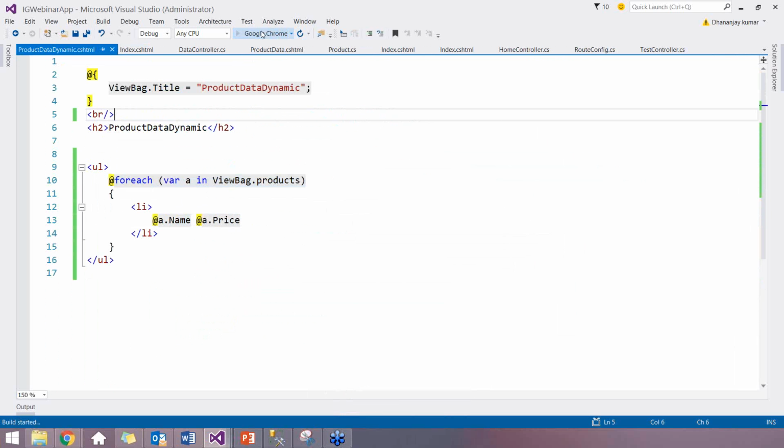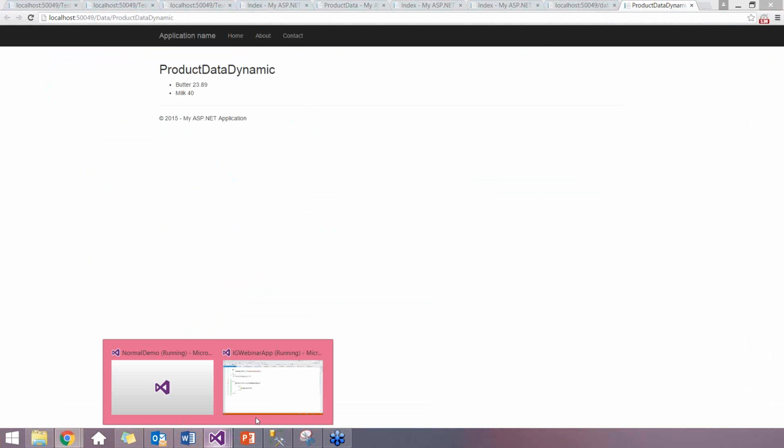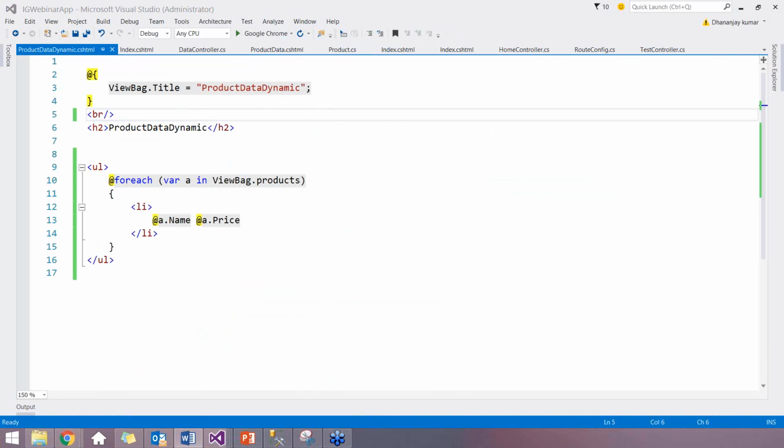So when you pass data to your view using view data or view bag, that is actually one kind of dynamic view. So here you see on your screen that you are getting the output butter and milk, which is good. Next, let us go ahead and see another way you can pass the data. Another way to pass the data is very simple. I'll go and create one more action